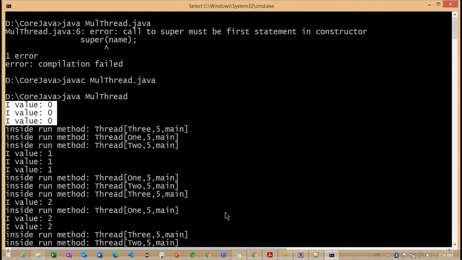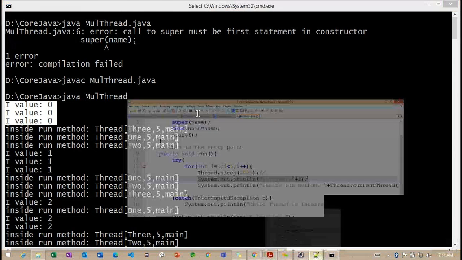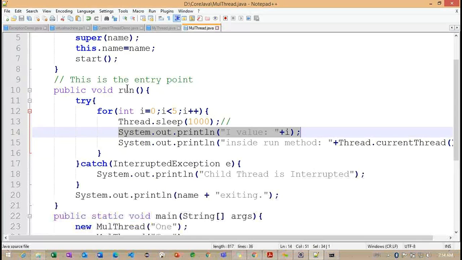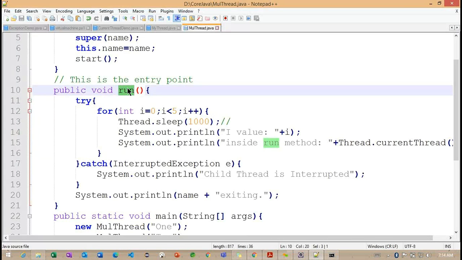Now what do you understand here? This run method is called three times with different threads.